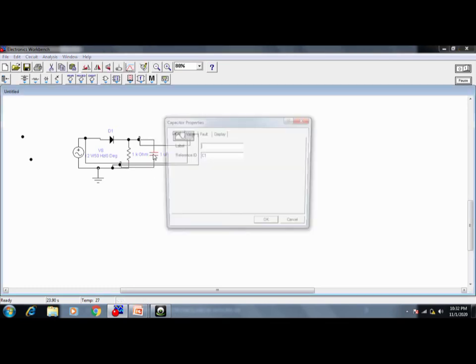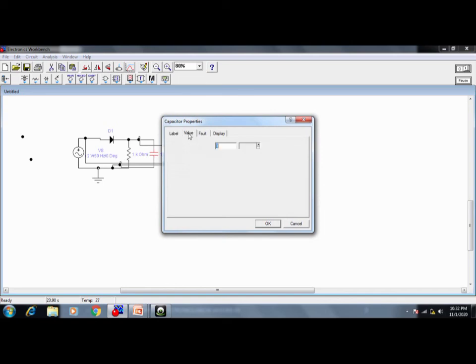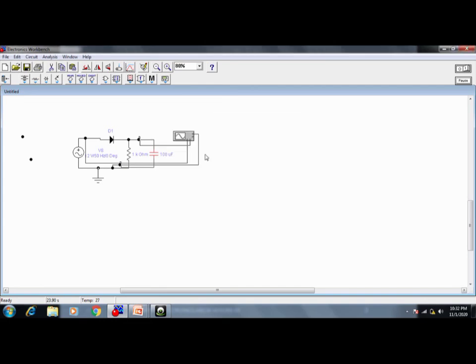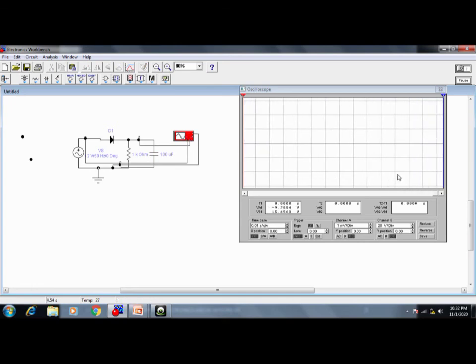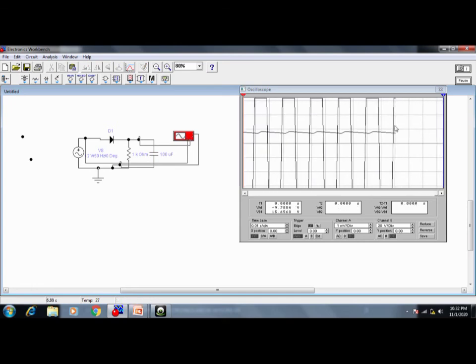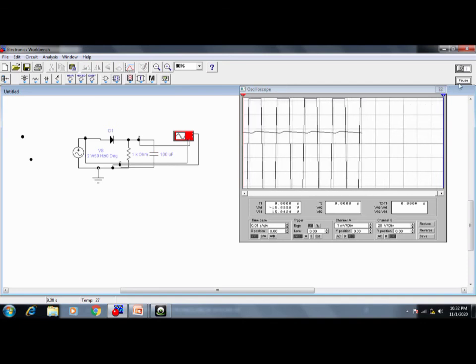Let us change the values. Usually we take 100 microfarad for the filter circuit. Okay, so now switch on. If I have remembered correctly, otherwise see in the book. This is the output of the filter circuit.